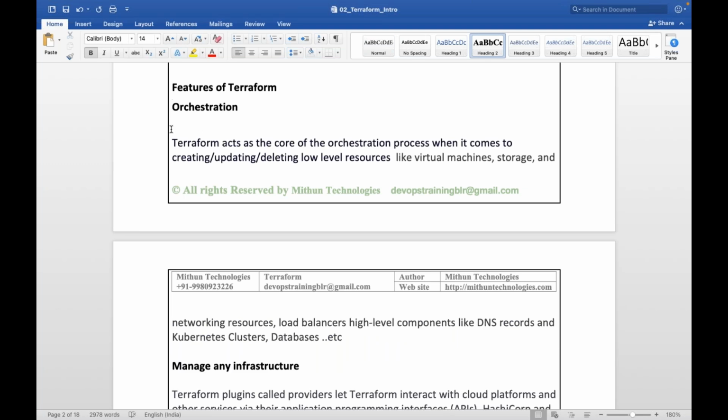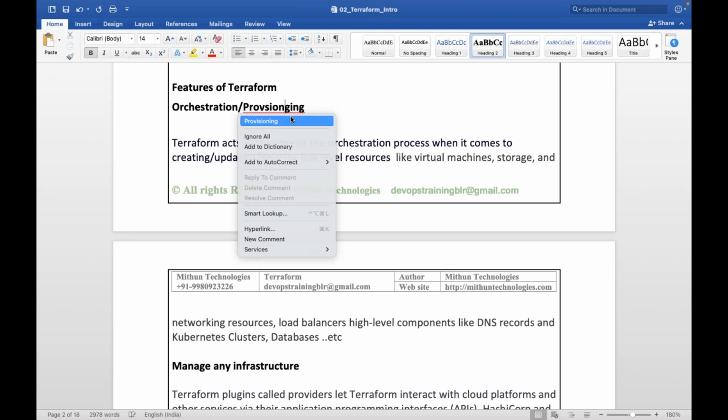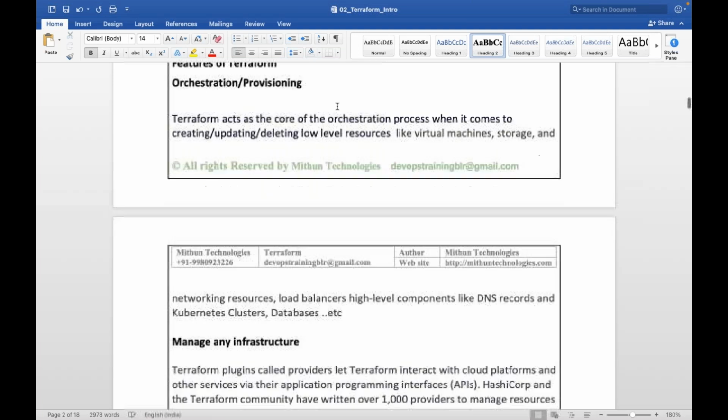Terraform will act as the core of the orchestration process when it comes to creating, updating, deleting low level resources like virtual machines, storage and network resources, load balancers, or high level components like DNS records, Kubernetes clusters, databases, etc. Terraform acts as provisioning and orchestration software when it comes to infrastructure resources.